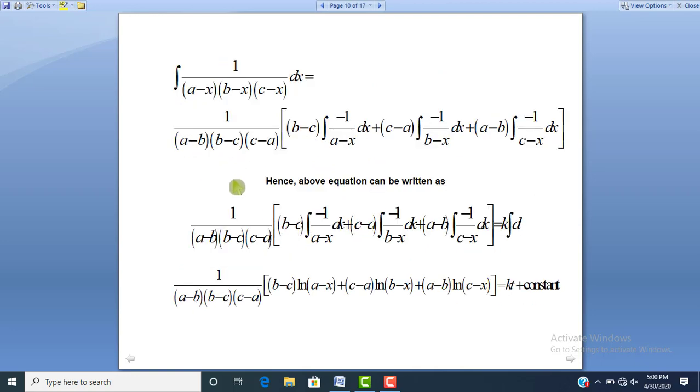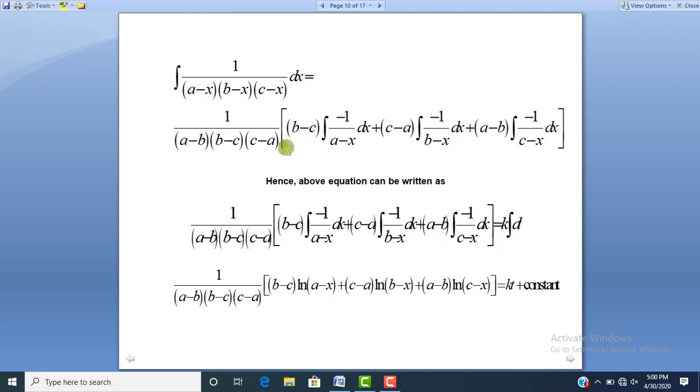When we solve the equation by using the rules of integration, this equation, integral dx over (a minus x) into (b minus x) into (c minus x), is equal to 1 over (a minus b) into (b minus c) into (c minus